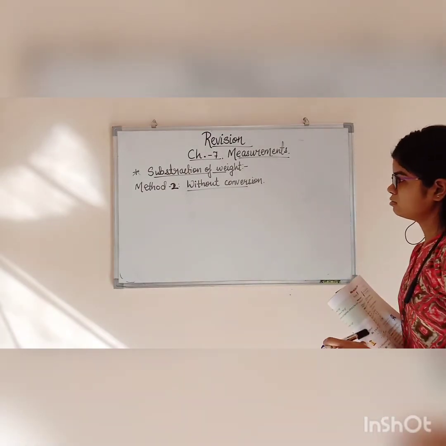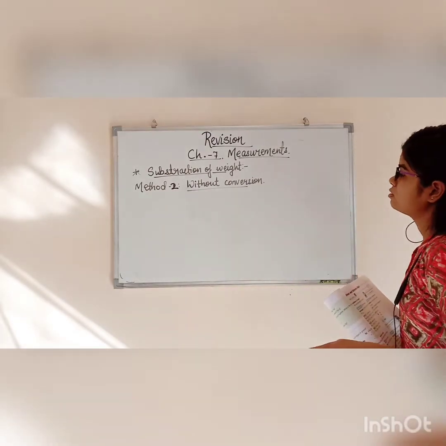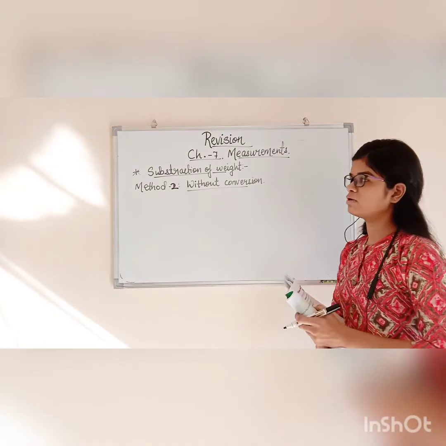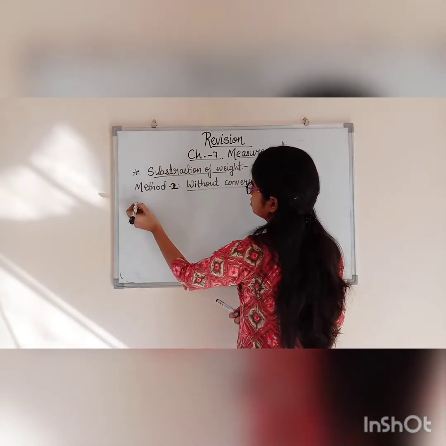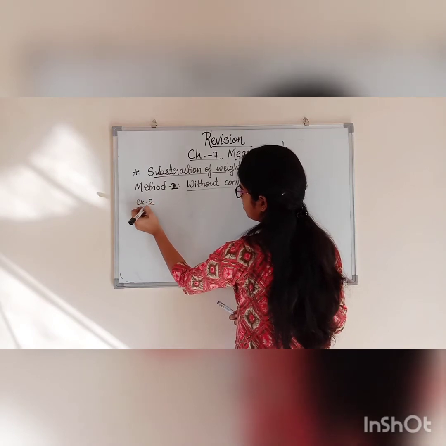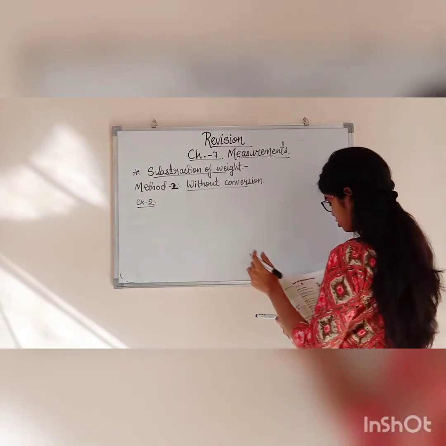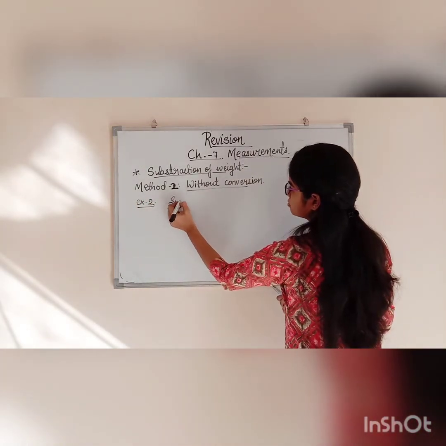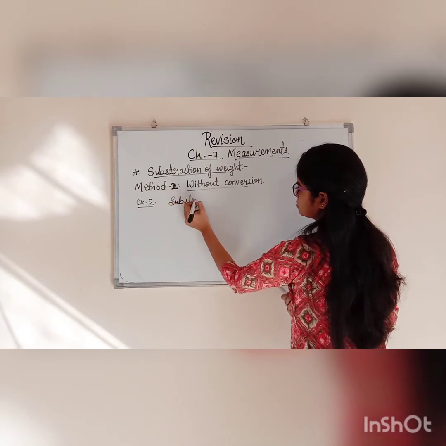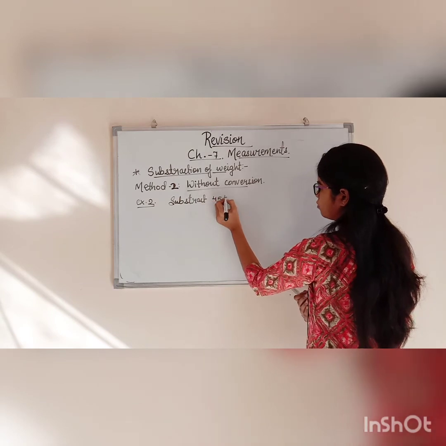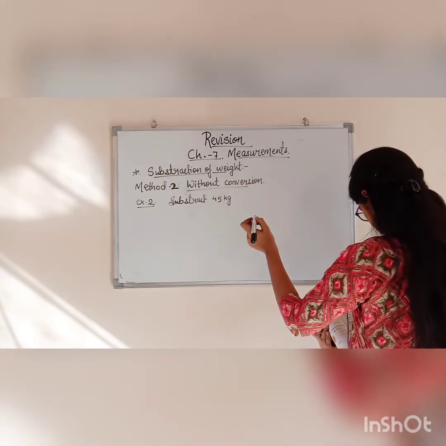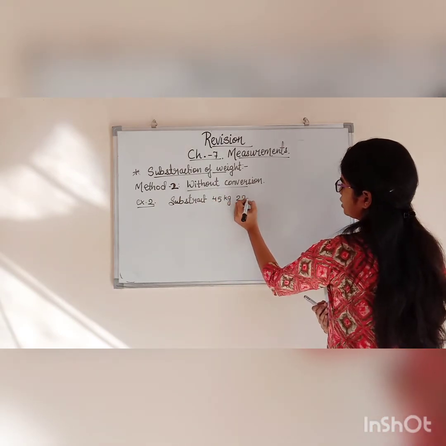In this method, like we add numbers without conversion, the same applies to subtraction of weight without conversion. So the second example is we have to subtract 45 kilogram, 220 gram